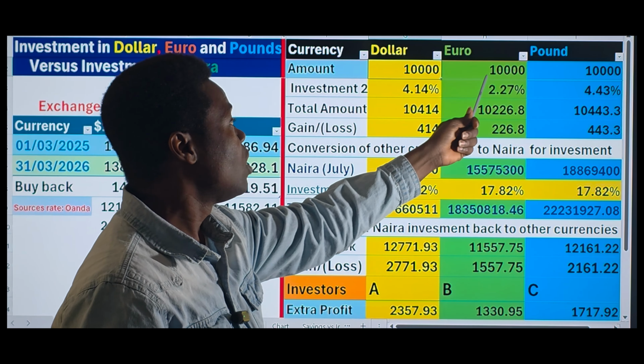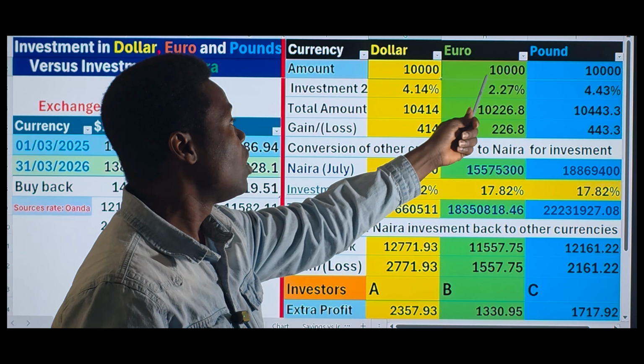As at that date, the exchange rate of €1 to naira was 1,557.53. Use this amount to multiply the 10,000 euro, and they will arrive at 15,575,300 naira. It is this amount you will now invest as at 1st of March 2025